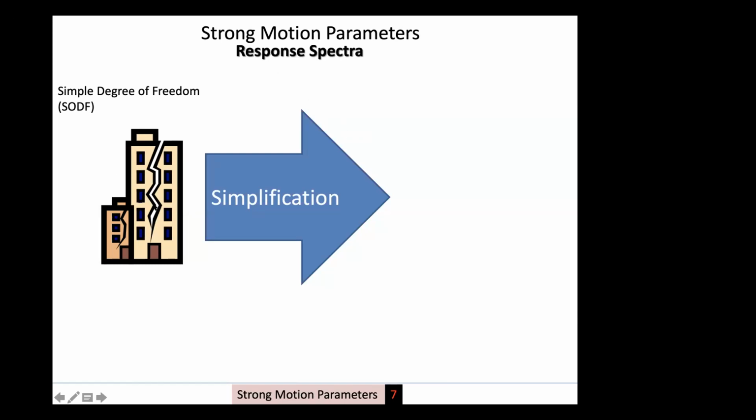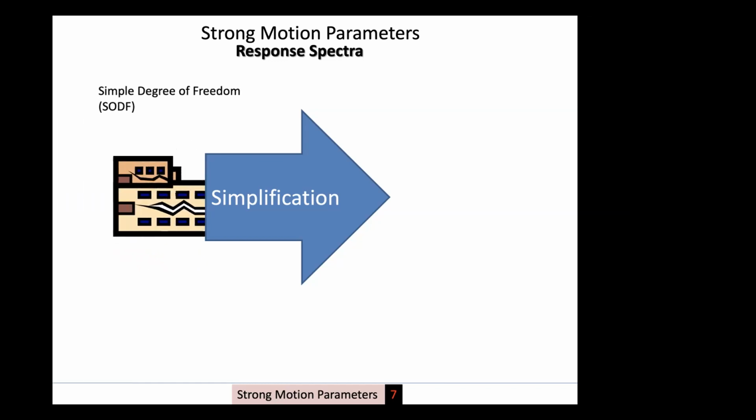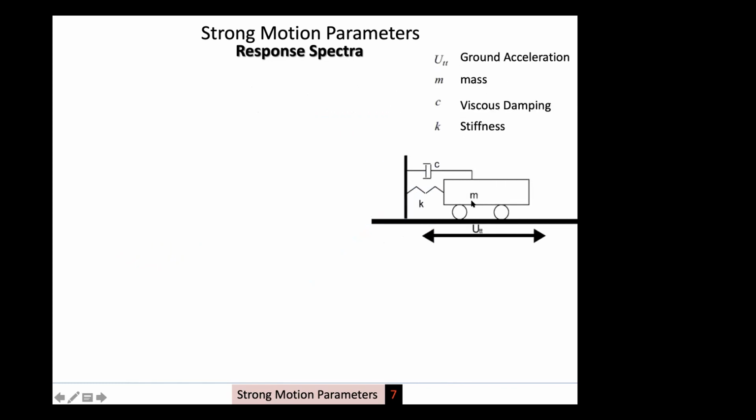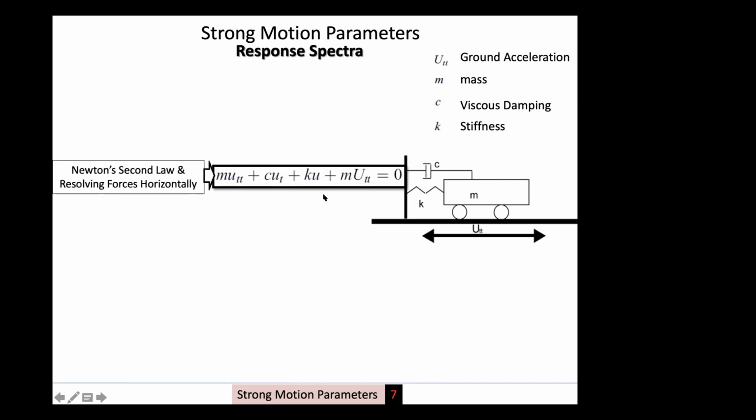So we can simplify our buildings to a simple single degree of freedom system, and the result of such a simplification will be a system of mass with a spring and a damper on the ground. Here you can see u_g, which is the ground acceleration. And we have the mass here, a spring with a stiffness of k and a damper with viscous damping. So from Newton's second law, resolving the forces horizontally, we can reach this equation here,